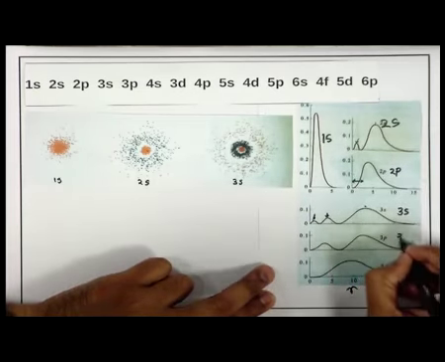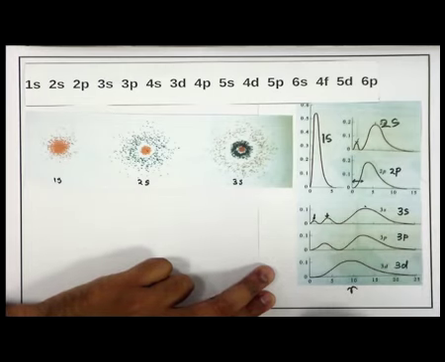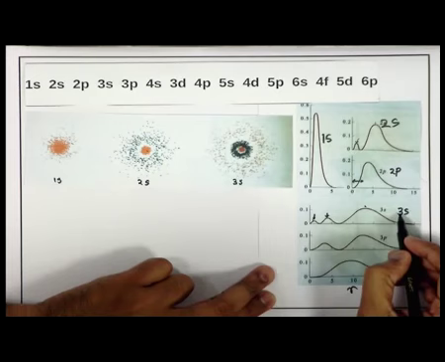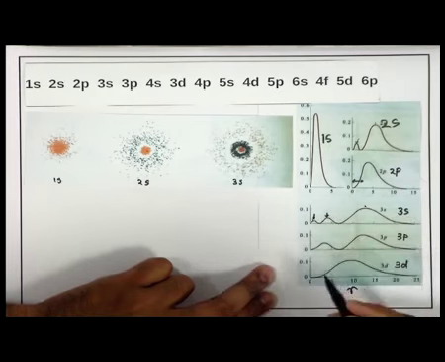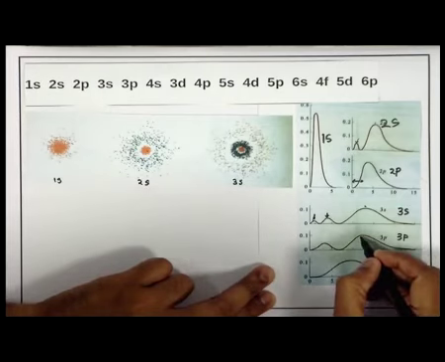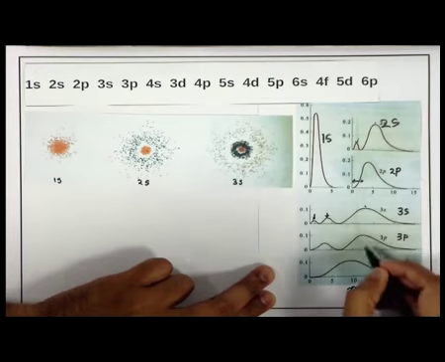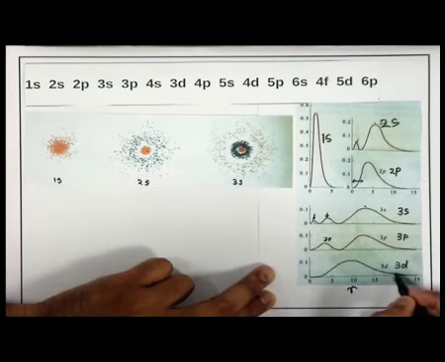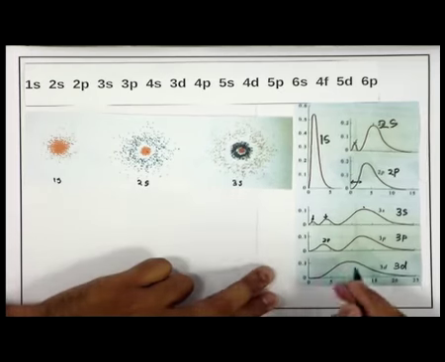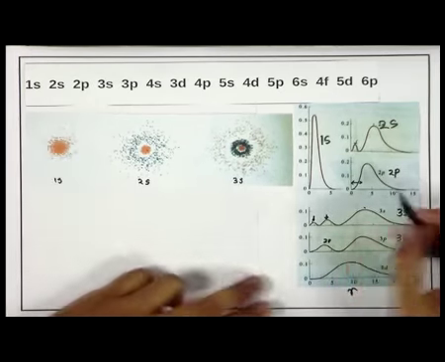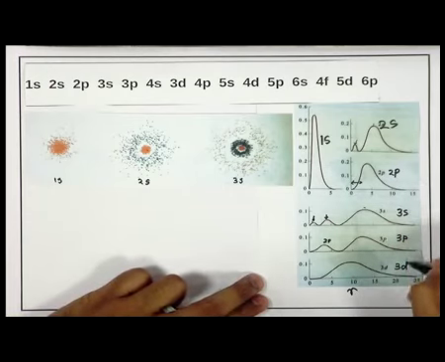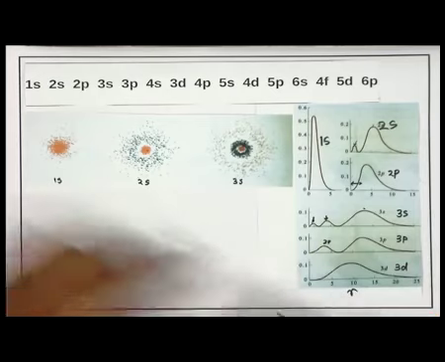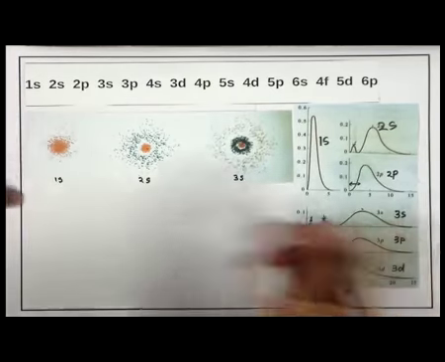When you compare 3s, 3p and 3d, we again see the same feature. The electron which is in the 3s orbital can penetrate into the 2s shell and the 1s shell. So, it can come closer and closer to the nucleus. Compare that with 3p. 3p does a worse job than 3s. It can penetrate, but only to the second shell. This is the shell for the 2p. But in the case of 3d, it cannot penetrate closer to the nucleus. So, in this way we see that as the orbital quantum number increases from s to p to d, the electron can penetrate